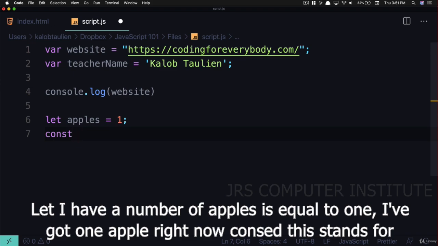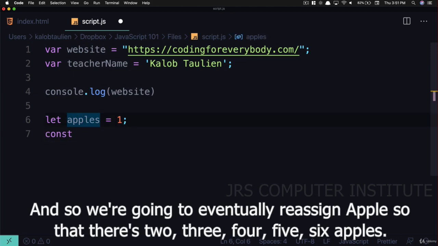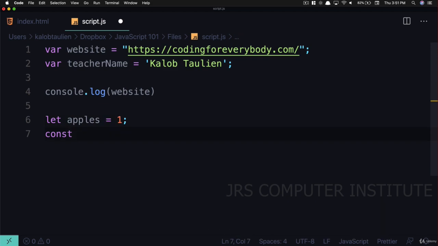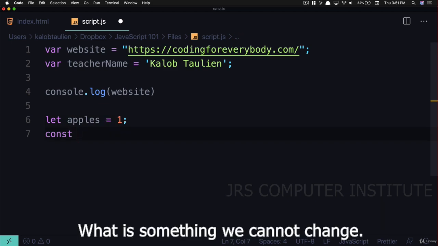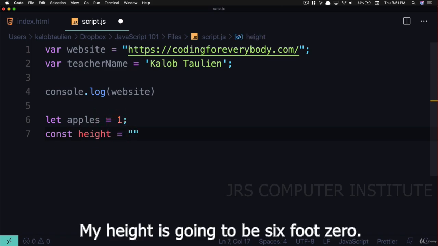Const, this stands for a constant. A constant cannot be reassigned. And so we're going to eventually reassign apples so that there's 2, 3, 4, 5, 6 apples. But const, we cannot change that. What is something we cannot change? Height. My height is going to be 6 foot 0